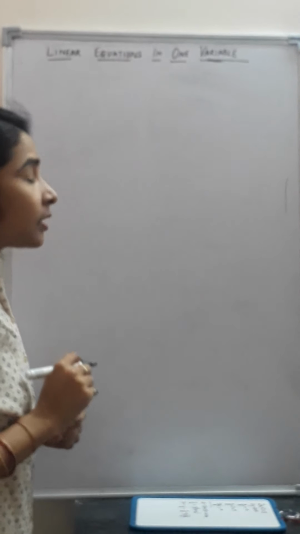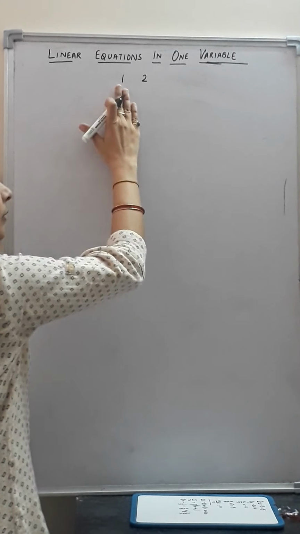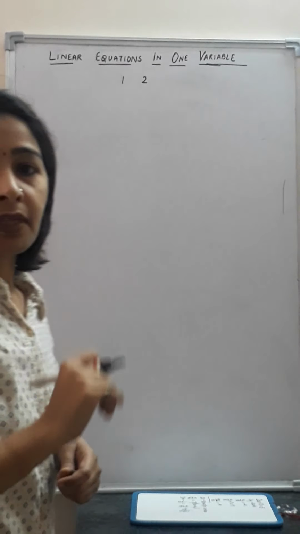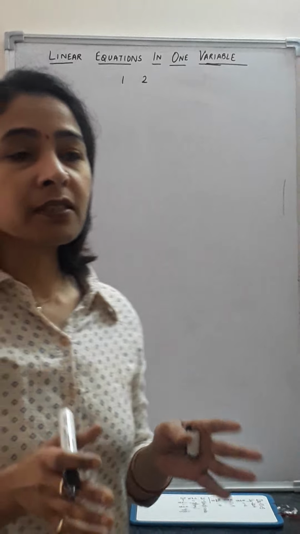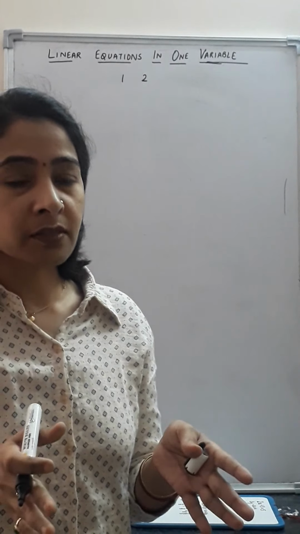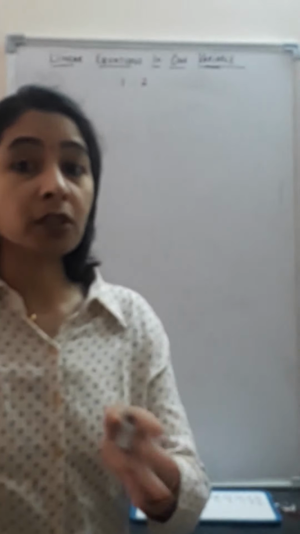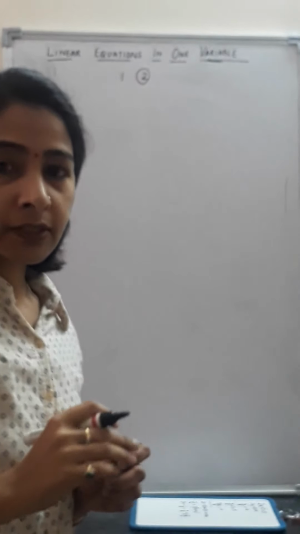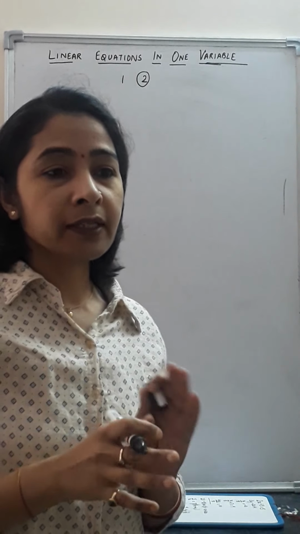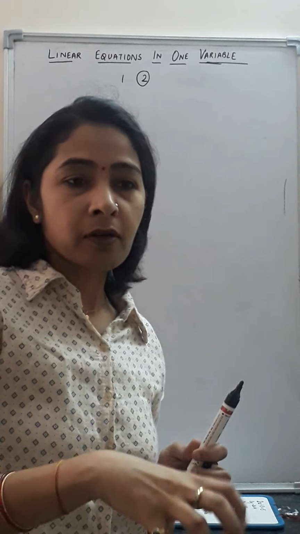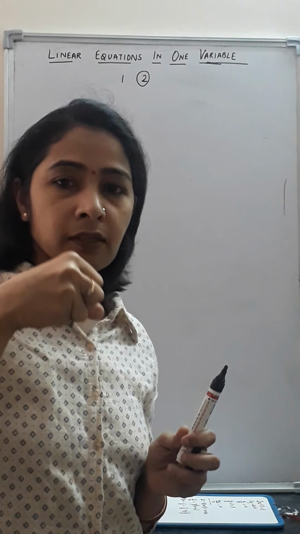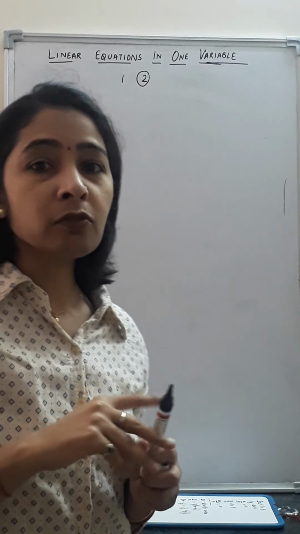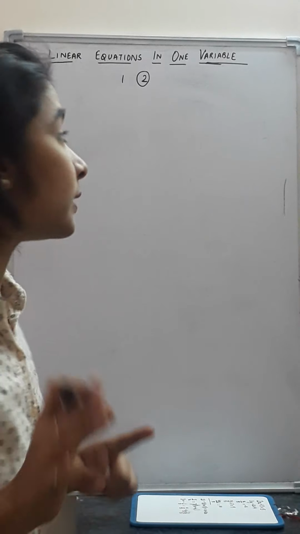What are variables? Now if I say a number 1, 2 like that, then their values are fixed. Suppose it's your friend's birthday and the friend is distributing two toffees to each student. So that is a constant number. Now if the friend just takes a few toffees in the fist and distributes to each student, then you don't know how much each student is getting.